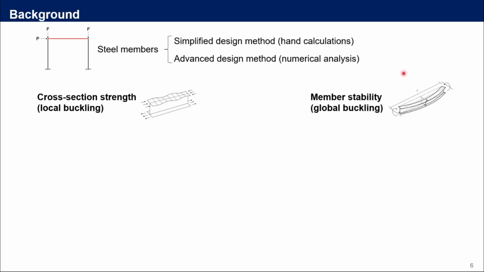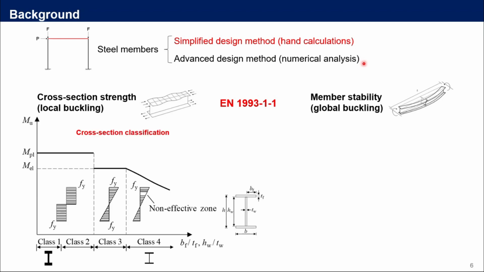In practice, there are two design approaches: the simplified design method, which is often referred to as the hand calculation approach, and the advanced design method based on numerical analysis. In conventional design standards such as Eurocode, the simplified design method usually relies on the cross-section classification